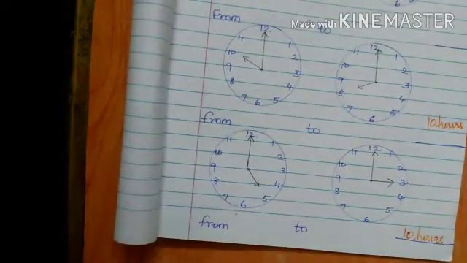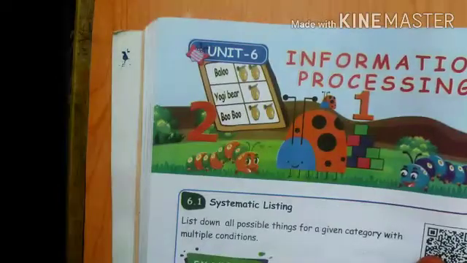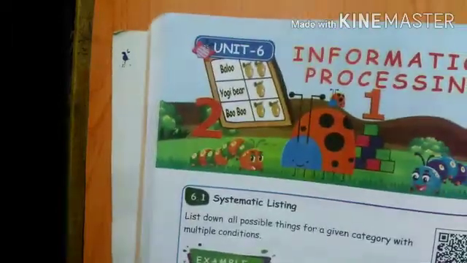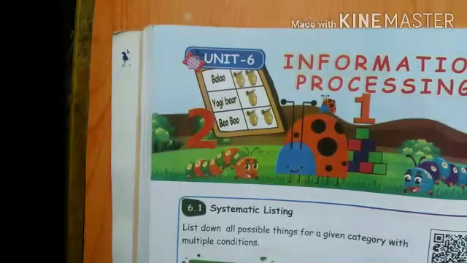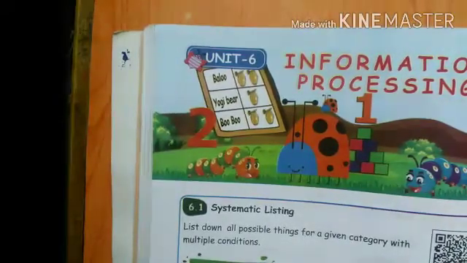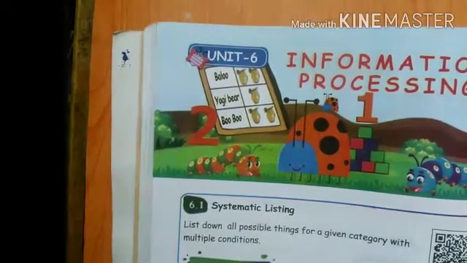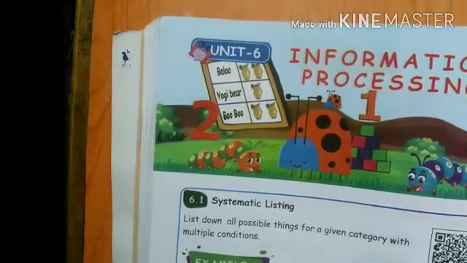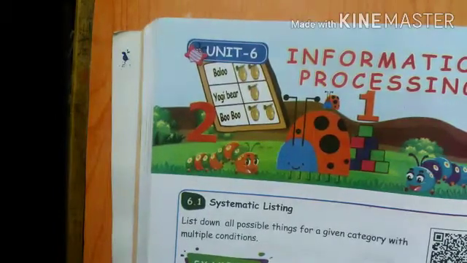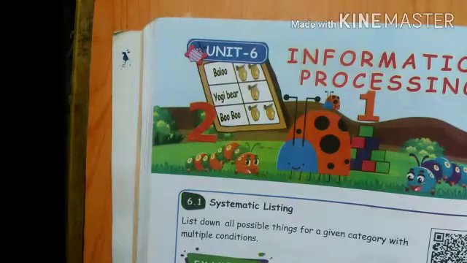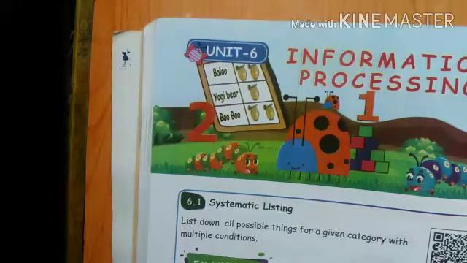Okay, you understand the concept, children? Then next one, unit 6, information processing. Information means you know the data. I ask now, how many students are studying in 4th standard? So you are ready to say the answer: number of students, or number of boys, or number of girls. That is any information you form before anyone asks the question.